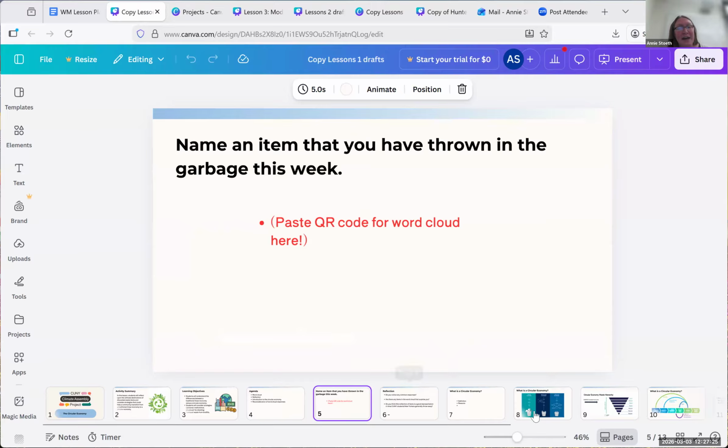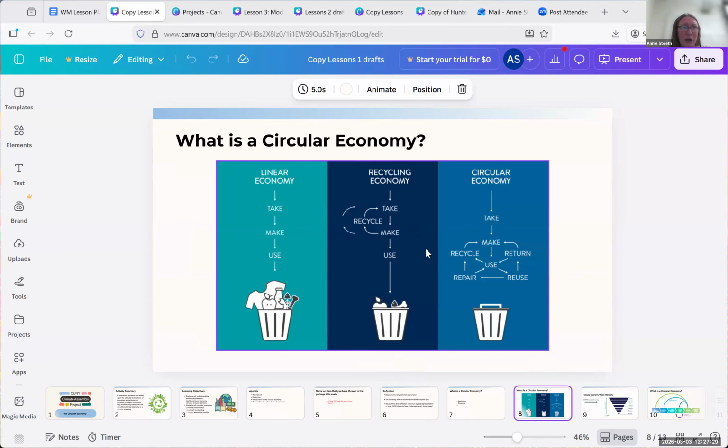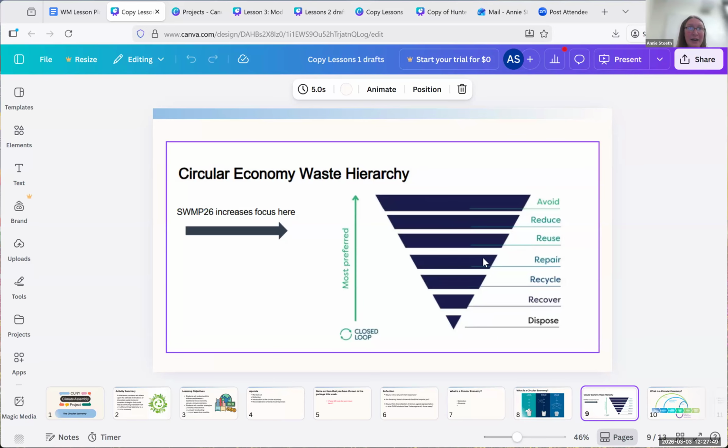And then, yeah, some principal ideas on what the circular economy is. And I'll add text in the comment space so that teachers also don't have to go and do their own background research if this isn't the topic that they're most comfortable with. It'll have bullet points that are meant to be mentioned to students. So what is the difference between a linear economy versus a circular economy? This circular waste hierarchy diagram, right?